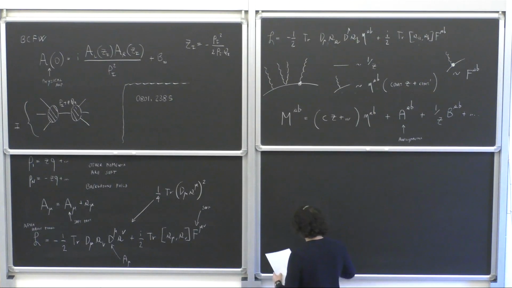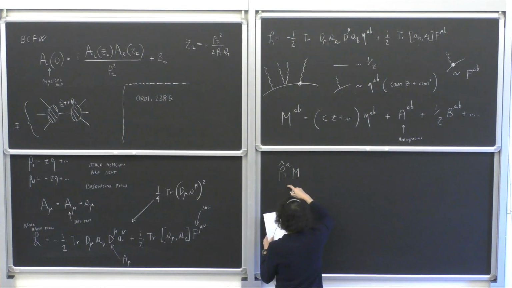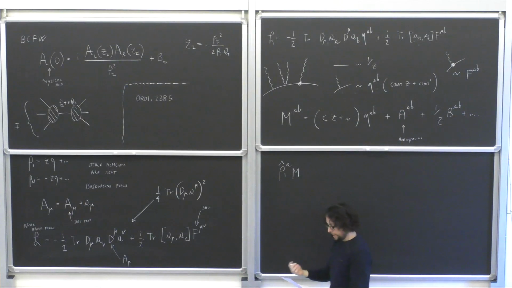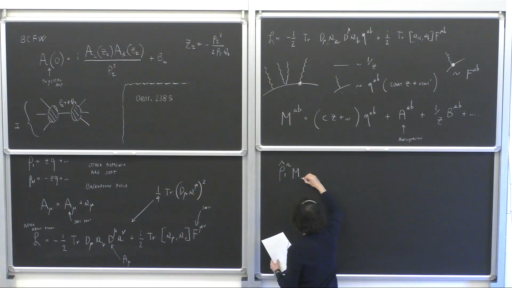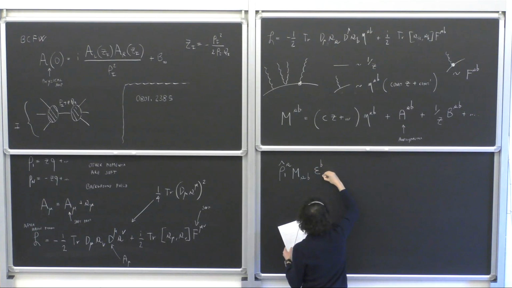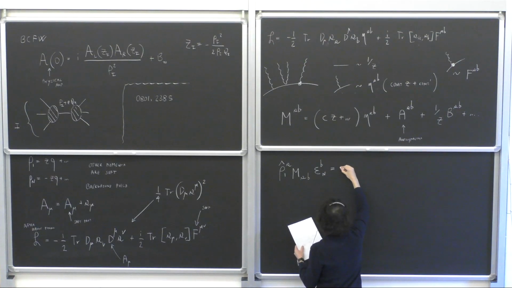this amplitude needs to be gauge invariant. So gauge invariance of the amplitude takes on a form. So let's see. We are replacing the epsilon; gauge invariance for leg 1, for the asymptotic state 1, takes on the following form. Here we have still the polarization for the leg n, and this needs to be equal to 0.